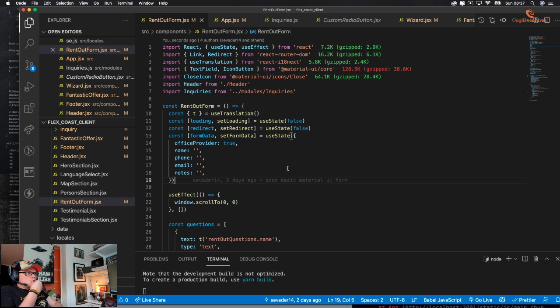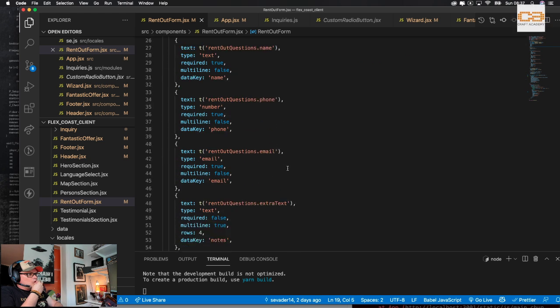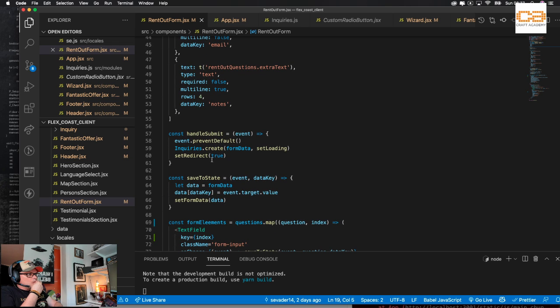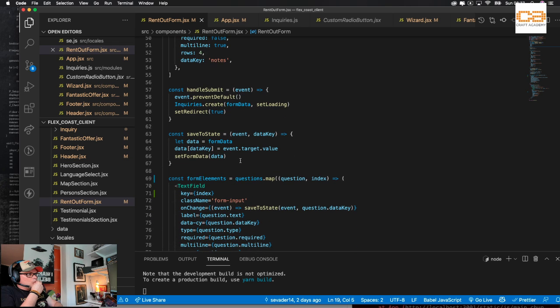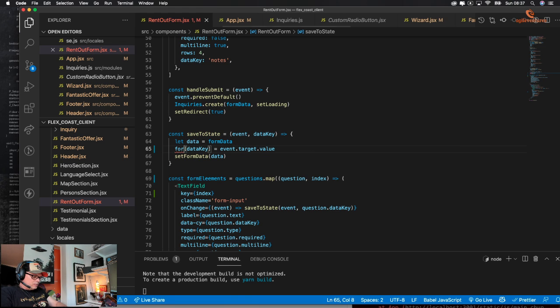Right. So we get event reset redirect true, event dot key, event. Right. So we can form data.